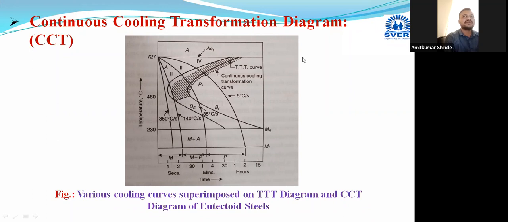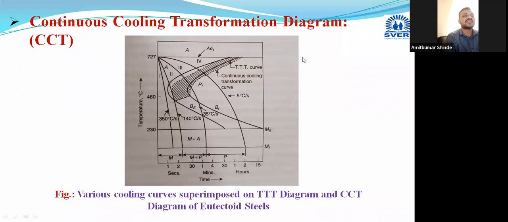Here continuous cooling of the sample is occurring, and at each specific time interval, suppose 5 minutes or 10 minutes or half an hour, we are collecting samples one by one. The temperature is not constant here. Initially one component is at a higher temperature. After 30 minutes, the second sample I collect will be at a little lower temperature compared to the previous one. This is termed as continuous cooling.